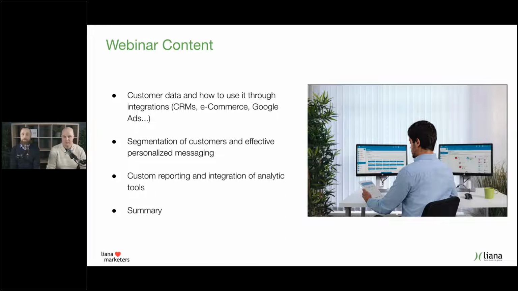And then we are going to talk about segmentation and targeting your audiences in a really personalized manner. And last, we are going to talk about customized reporting, how to use reports to develop your marketing activities, and some integration to analytic tools are also covered.